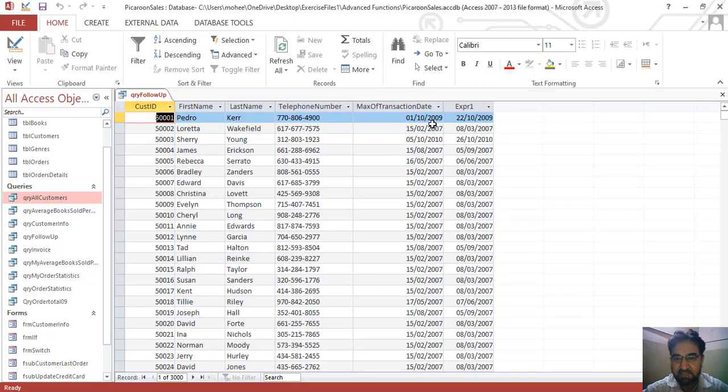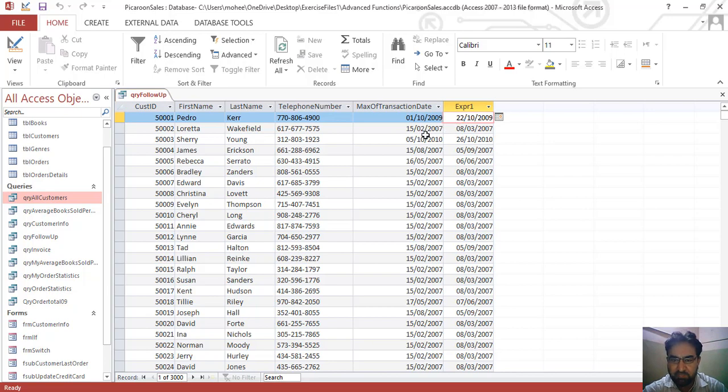Here is the max of transaction date. You can see that here is the month of Jan, 10 Jan. If we add 3 weeks to it, it goes to, okay, so the date format is DD/MM/YY, and in the month of October, for 1st October 2009, it's added 21 days and it's turned into 22.